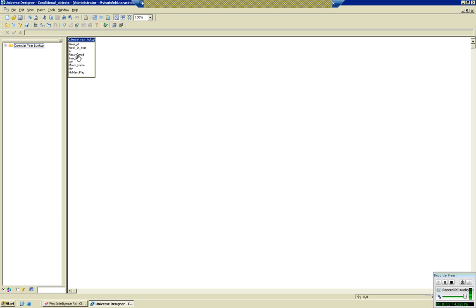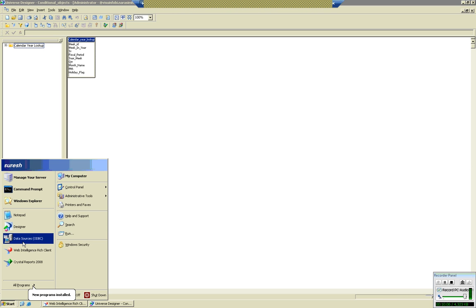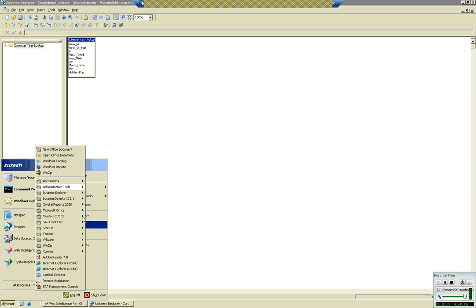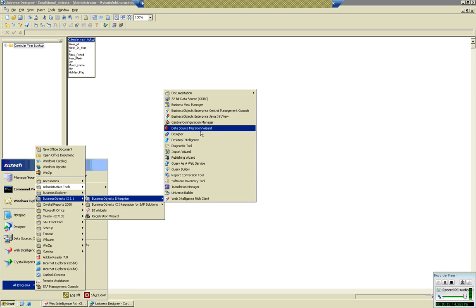Save it and come to Desktop Intelligence. Use Desktop Intelligence.